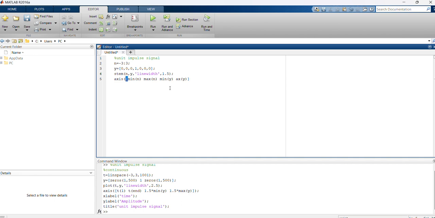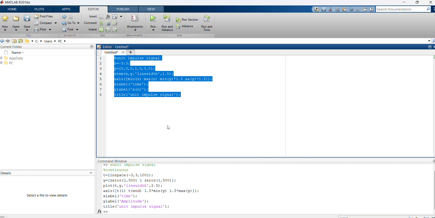Okay, I could also multiply this by what? By 1.5. I want it to be plotted till 1.5, for example. Okay, and then x label, time, and the y label. We can write x of n. Okay, in the title it would be unit impulse signal. Okay,